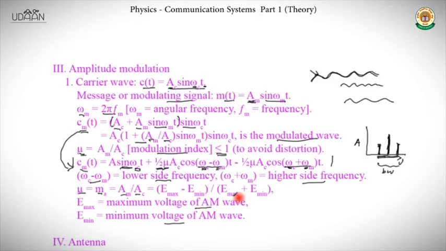the minimum voltage divided by E max plus E min. Note that E here means EMF, and that's why voltage instead of energy. Otherwise, E and amplitude actually never have a direct relation. It's always a square relation. It's voltage that will be there. So voltage of the AM wave, so maximum minus minimum divided by maximum plus minimum